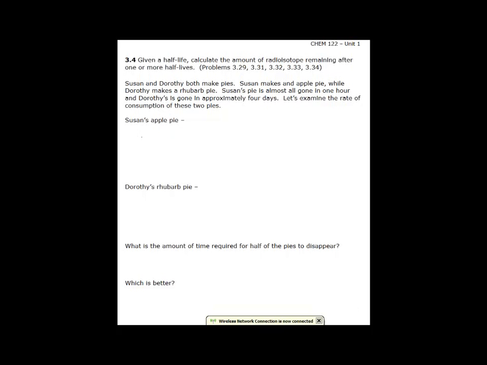Let's look at how Susan's apple pie is consumed. So she cuts it into 8 pieces. After 15 minutes, half of the pie is gone, so 4 pieces remain. Another 15 minutes elapse, and only 2 pieces remain. Another 15 minutes elapse, and a little tiny sliver of pie remains. You know, everybody just keeps taking a bite. Pretty much it's gone. Now, the rhubarb pie, on the other hand,